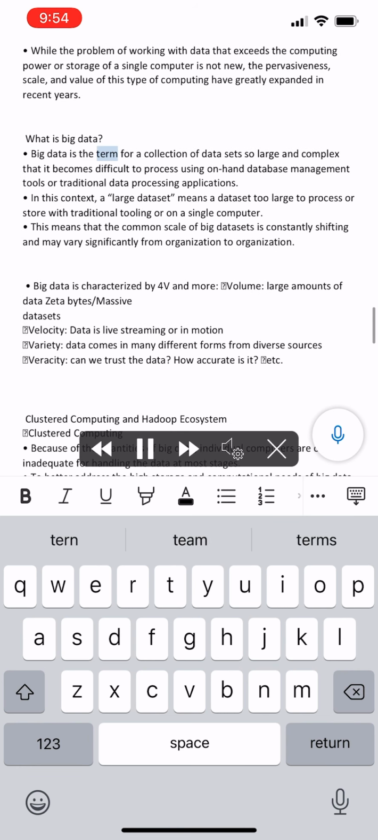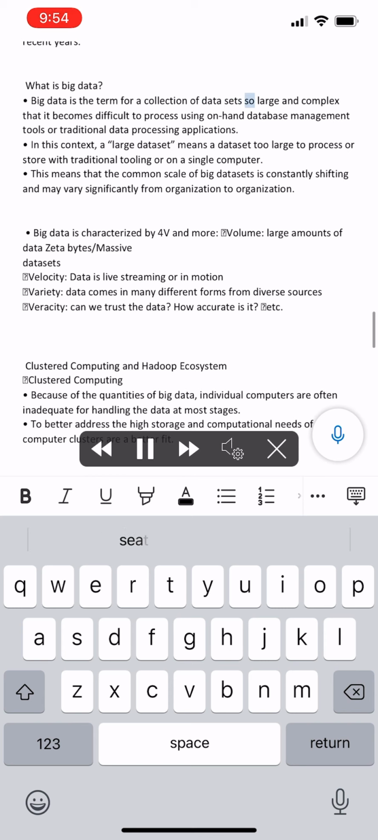Big data is the term for a collection of data sets so large and complex that it becomes difficult to process using on-hand database management tools or traditional data processing applications. In this context, a large dataset means a dataset too large to process or store with traditional tooling or on a single computer. This means that the common scale of big datasets is constantly shifting and may vary significantly from